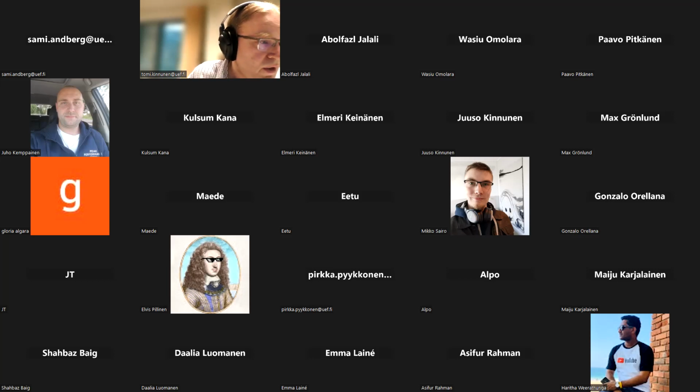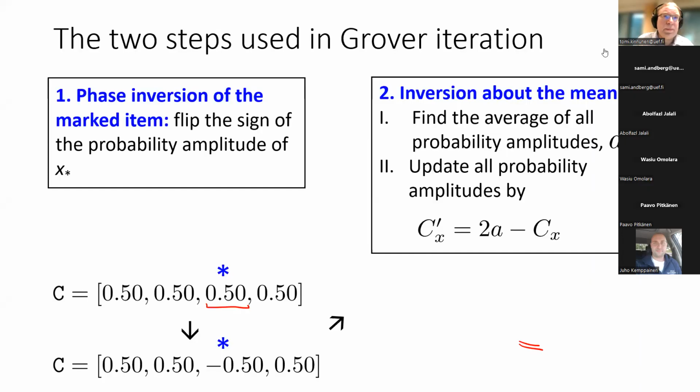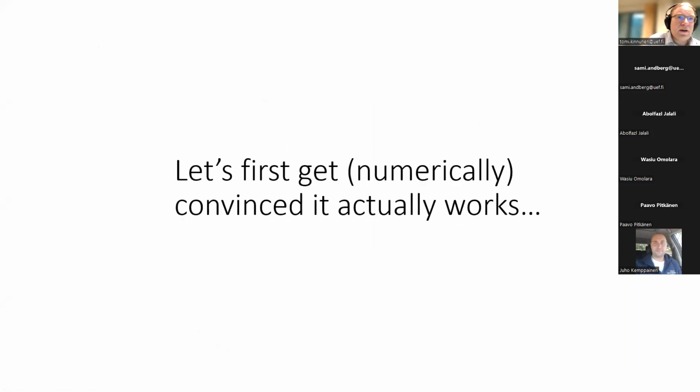So now let's get back to the PowerPoint. Let's just say that we are convinced that this idea works. It's fine. But of course, in this code I used a cheating trick: I used the information about where the item I'm looking for is, so it gets amplified.